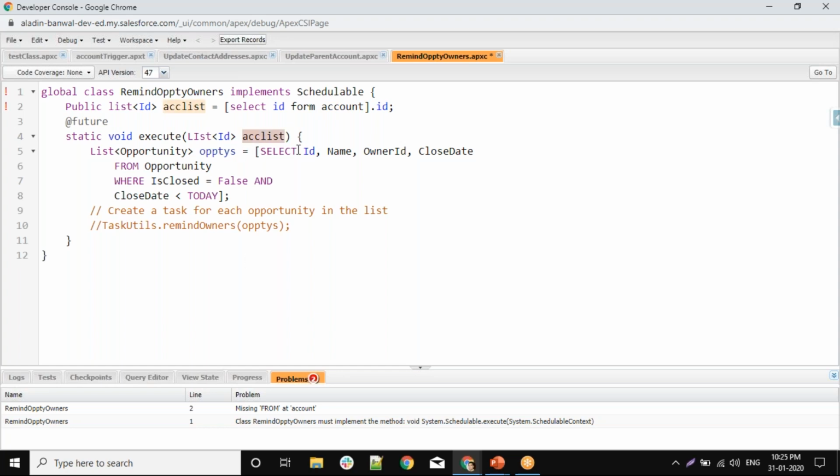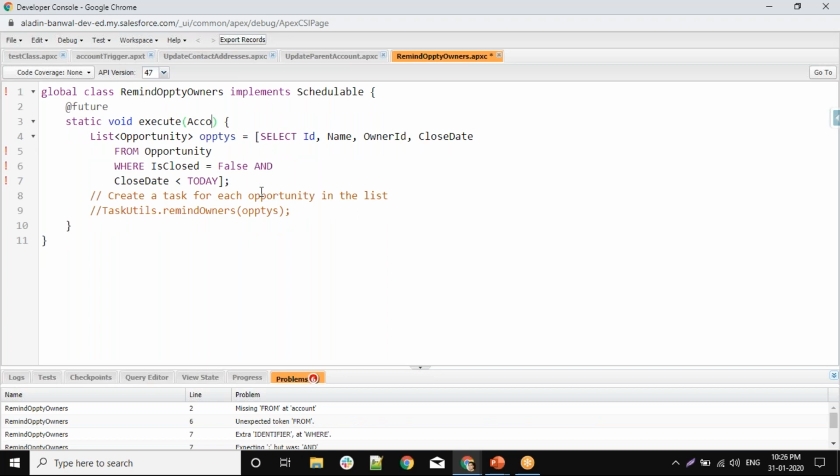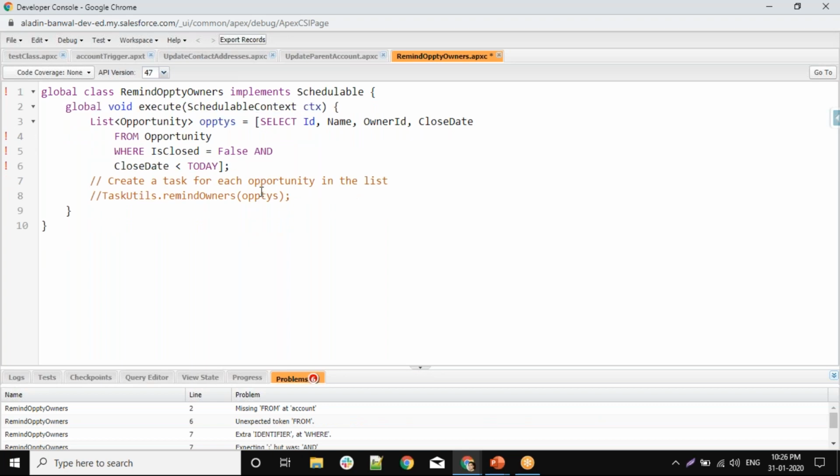In this method you can query by this Id, like select Id, Name from Account where Id in this list. So inside that method you can perform any action. Okay, so that's how you can use this future method.